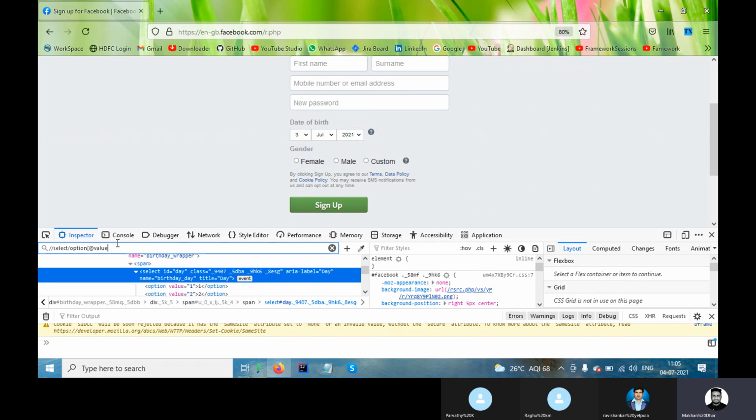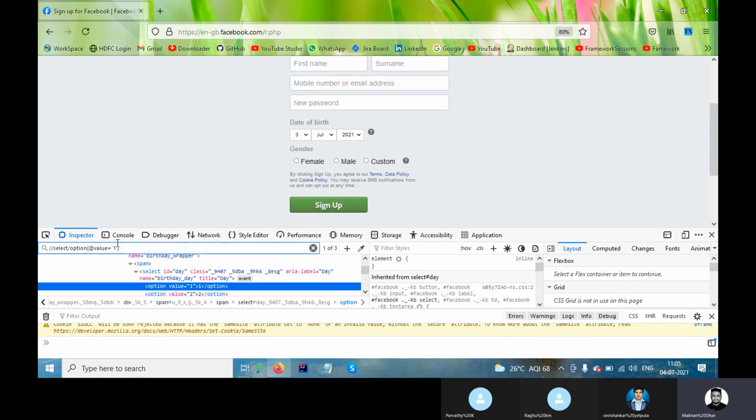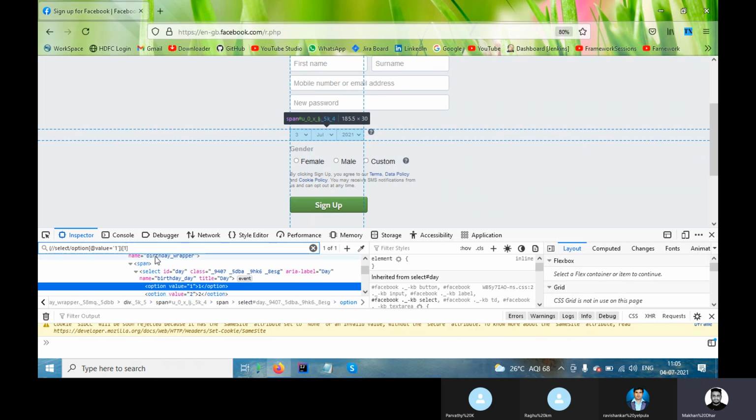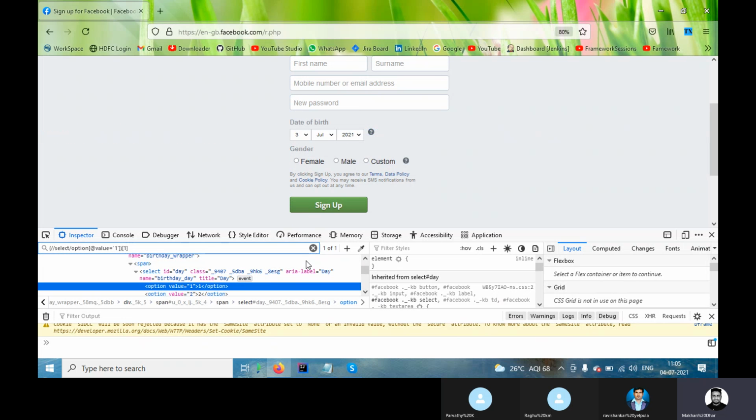So value equal to, for example, I need 1. So we are getting 3. Suppose I put bracket open, bracket close, and I need 1, so I'm getting this, 1. So this is one way, but this is not a good approach with drop down things.